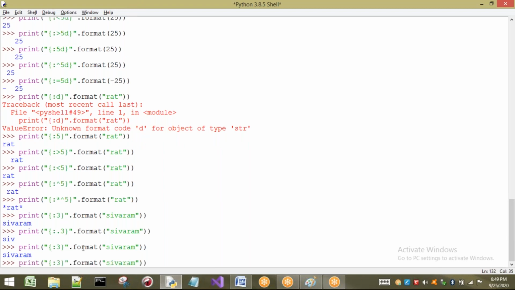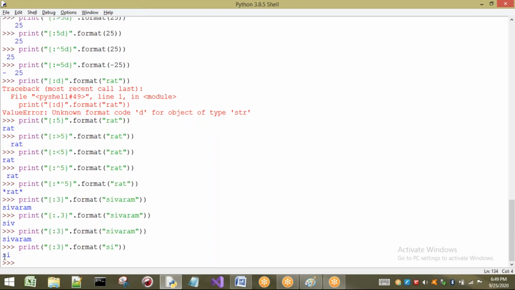Now see, same example, and I am taking the string as SI. What happens now? Here you can observe 1, 2, 3. Minimum 3 should be there. If I do not take 3 values minimum, by default it is going to give you spaces. Then what about dot 3? Dot 3 means compulsorily only 3 values will be taken from the string. If you take n number of values and I write dot 3, it will take only 3 from the entire string. That is the concept.